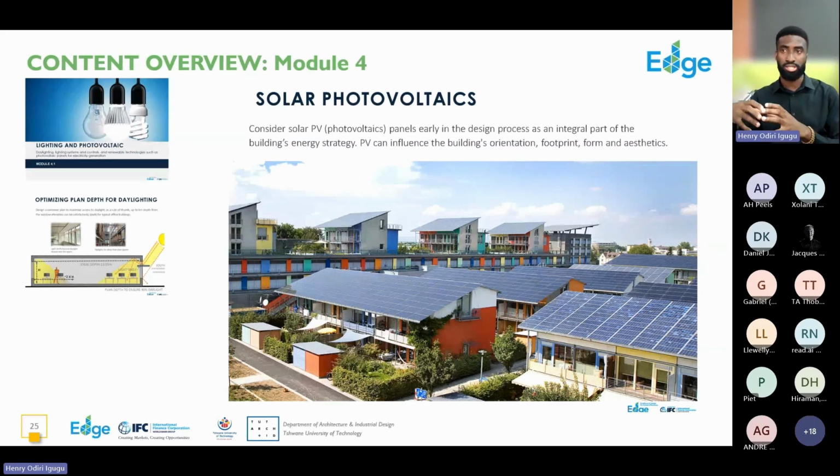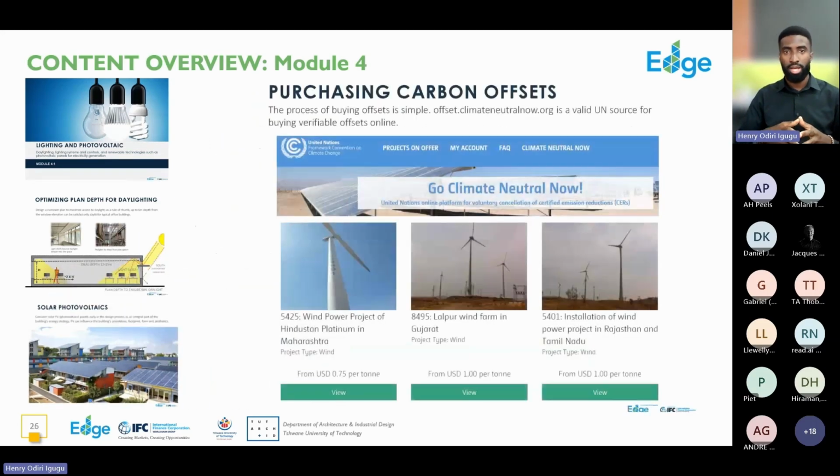You'll be able to calculate how much floor area you are going to use. Or maybe you reverse that now: how much floor area do you have on your roof, how much are you going to be able to generate from that, and how much will that renewable energy be able to offset of your annual energy consumption? So those are themes we're going to cover in module 4.